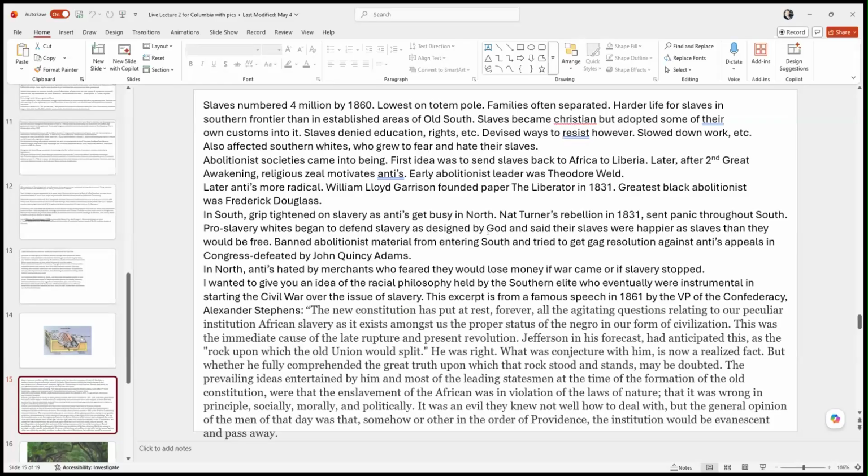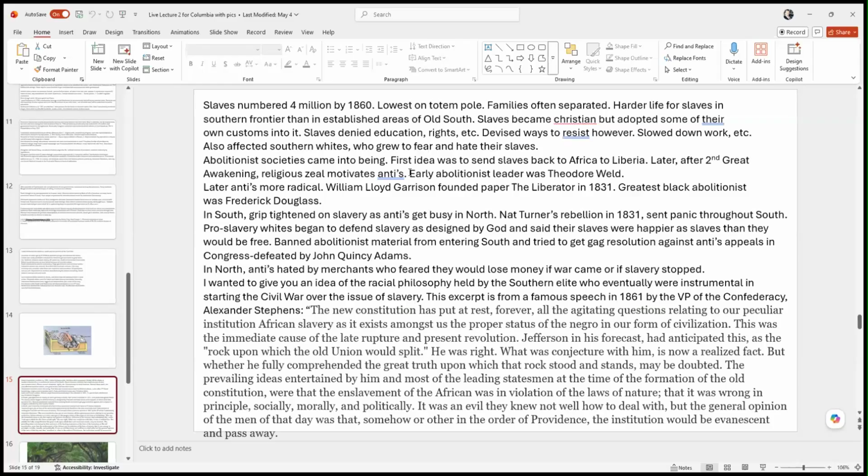No rights whatsoever. And slavery had begun as an economic system. I mean, that was the reasoning for it economically. But as time went on, Southern slave owners seemed to need a moral or philosophical justification for slavery. And then you begin to see the racial arguments come into this. You see in Southern newspapers and Southern writings that black people are considered to be subhuman. They're not considered to be on the same level as whites. And that becomes the argument that Southern slave owners use: we can do whatever we want to these people because they're not really human beings.